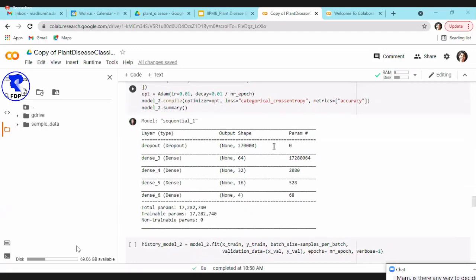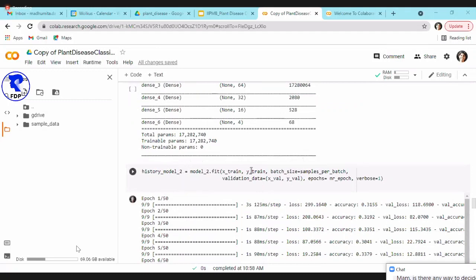This is a dropout layer, so there are no parameters. But if you see, the number of parameters has increased because I have increased the number of neurons. Now you will have 64 weights assigned to these 270,000 inputs, plus another 64 biases. That's what you're seeing here in the parameters.